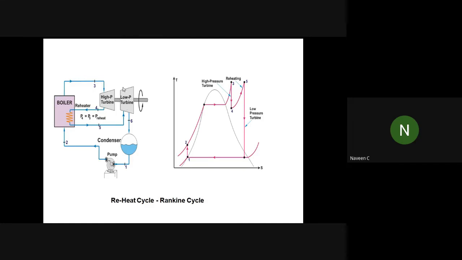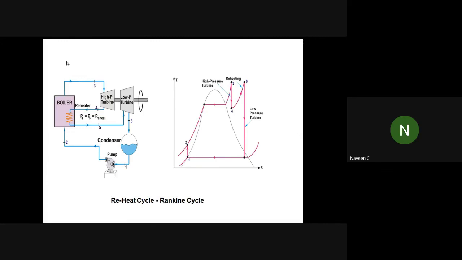Because the kinetic energy extraction is happening around the turbine, if you employ a single turbine, there is so much limitation to extract the kinetic energy. So we'll have three stages of turbine or two stages of turbine. Three stages means high pressure turbine, intermediate pressure turbine, and low pressure turbine, or we'll have high pressure and low pressure turbine configurations. Siemens is the biggest player among turbine manufacturers. They are manufacturing it, and Mitsubishi, Toshiba, these are well-renowned companies which make these turbine sets.